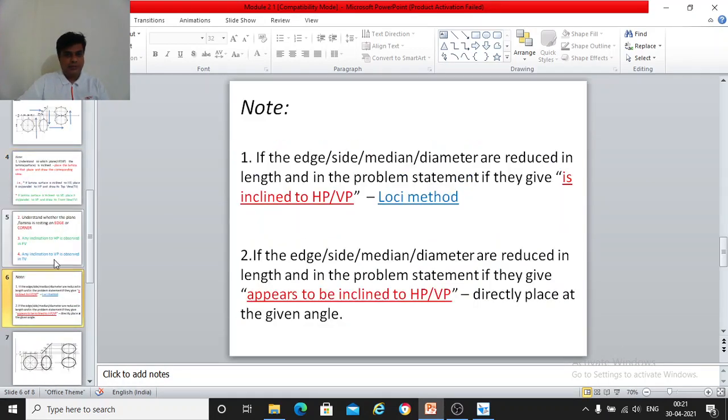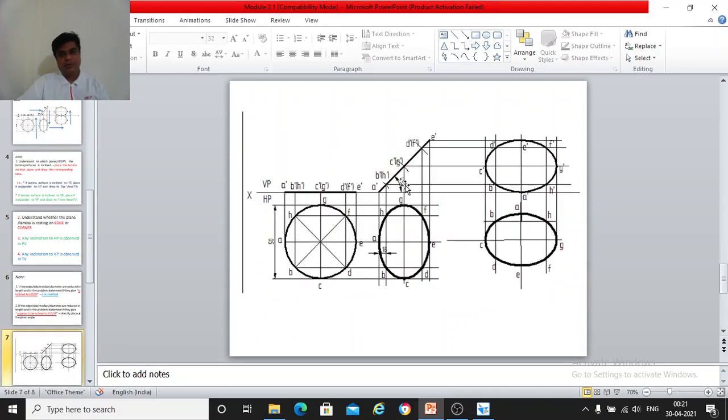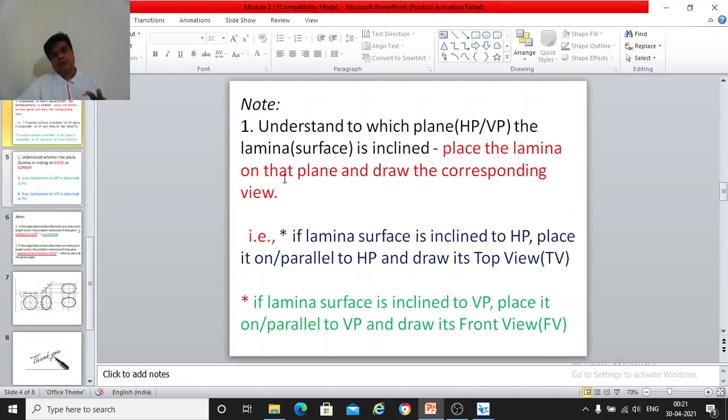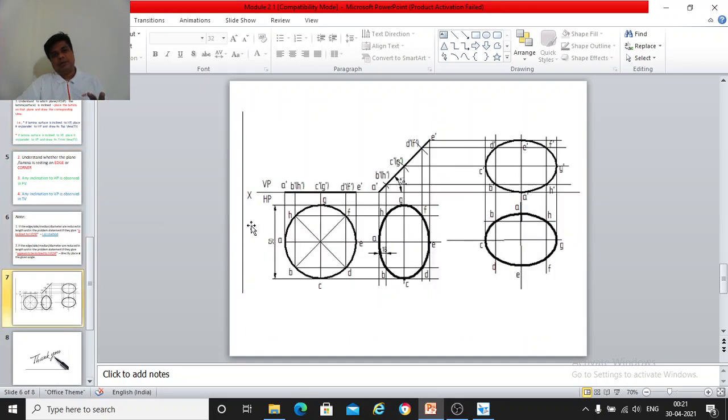So all the points you just understand. So all these points will be given in the problem, and using these points we just try to solve the problem for different shapes and sizes. So the procedure is same, okay, for all the problems the procedure is same, except that the shape will be changing, but the conditions will remain same. The procedure is same, okay. So just remember these conditions and draw them.